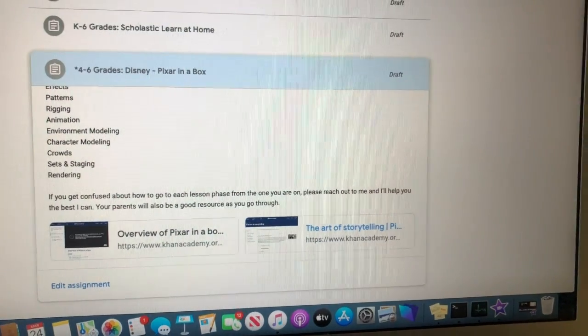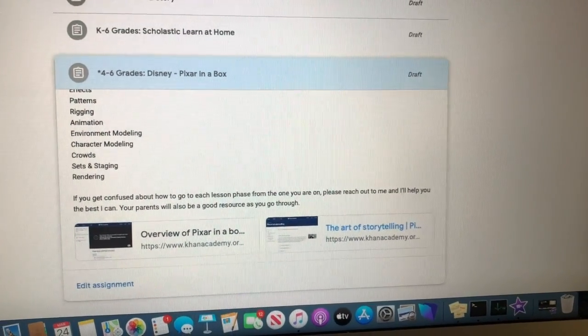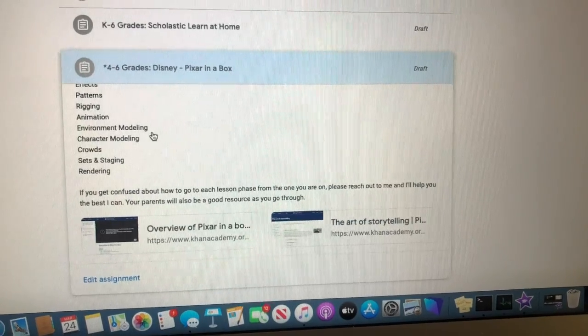So anyway, I wanted to show you how to navigate through so you can get from lesson to lesson and activity to activity so you understand how to do it, okay? So I'm going to show you on my computer so you can see what I'm doing, and that'll help you guys out. So the first thing you're going to see when you get into the assignment is the instructions for the assignment